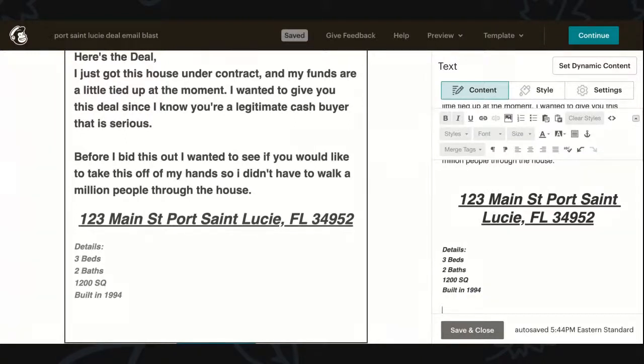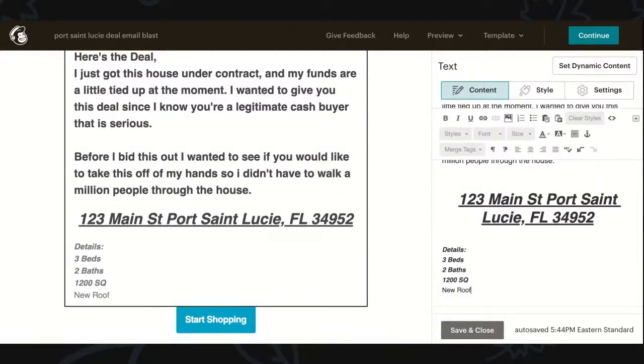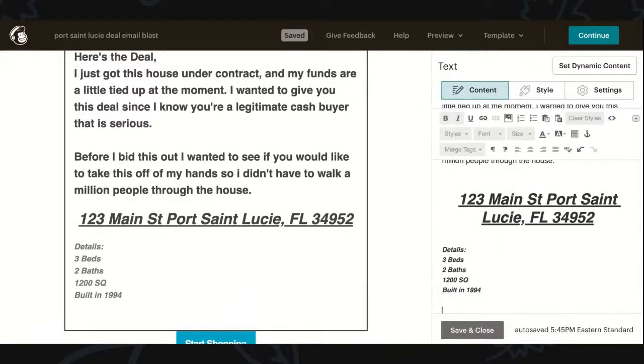Now, you can also add in things that help the property. If the roof is new, I would, but that roof is not new. If it's a 1940s house, but it's actually a really nice roof and they just replaced it, just put new roof. Things like that. But let's just say built in 1994, right? Only if the year helped you, and then add something crazy if it's all renovated or something like that.